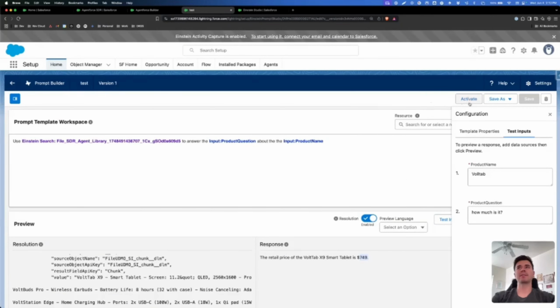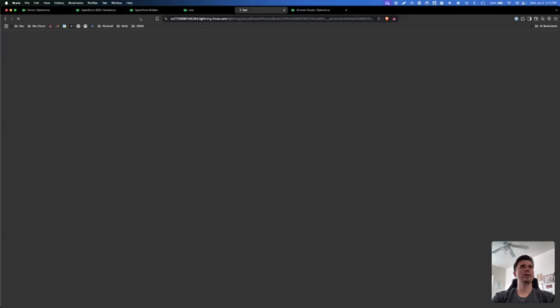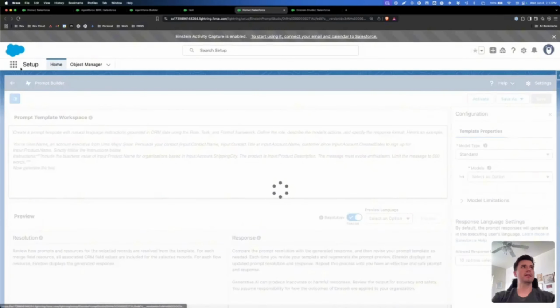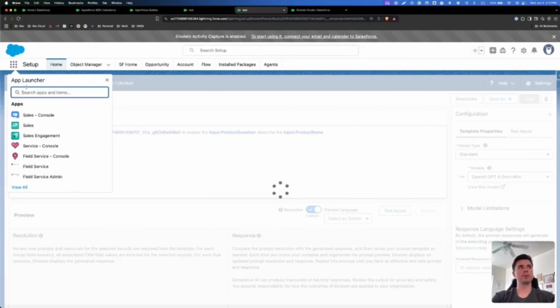You then want to activate it so that you can reference it in the action that we're about to make. But I'm not going to activate this one since I already have another version. Well, what I'll actually do for this demo is I'll just create a new action so I can walk you through that. So I will click activate. And now I want to come to the actions. So I'm going to make a new tab and come here and set up to